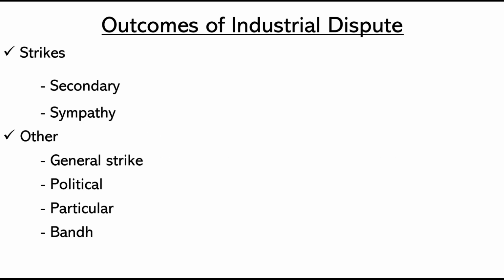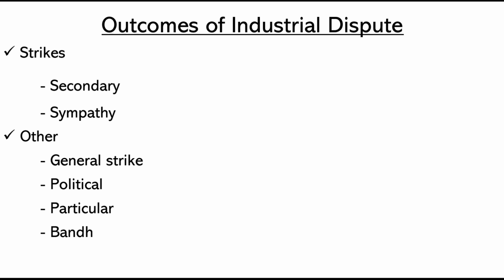Now, let's go to the next one. Next is a secondary kind of strike. Now this generally does not happen in India. Mostly it happens in the US. That is the go slow strike. Okay. So this is another kind of strike. I'm sorry, this is sympathy work. Another strike is the go slow strike.